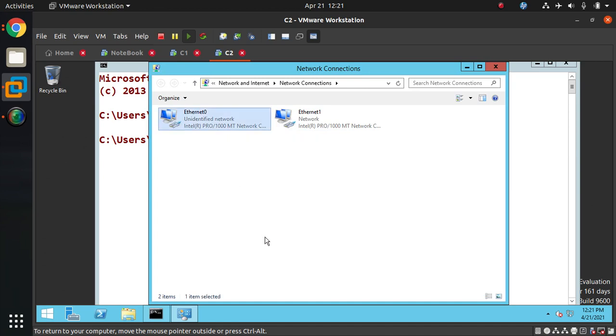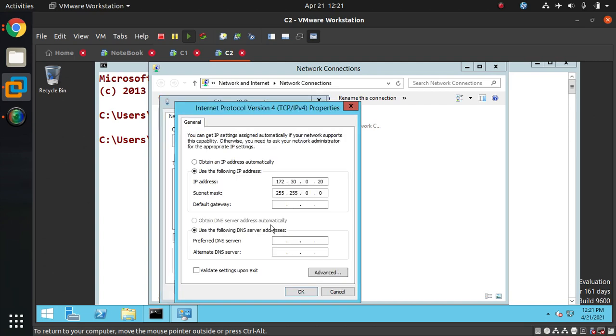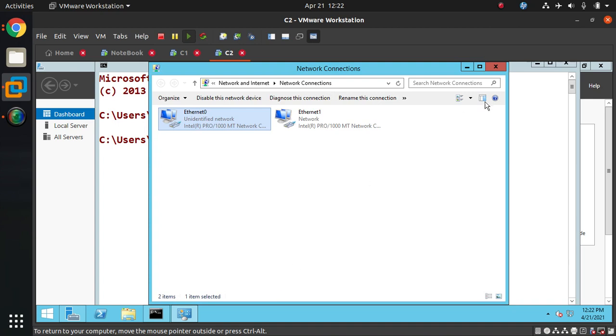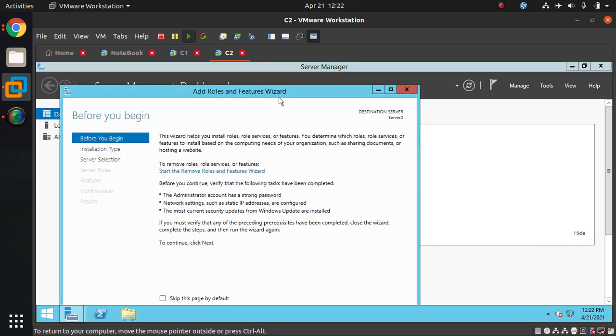I have 2 NICs. I make sure 172.30.0.20 is its own IP address as the preferred DNS, and the alternate DNS IP address is 0.10. Whose IP address is it? This IP address belongs to the root domain controller. Okay, confirmed. Now after that I have to install Active Directory and DNS,